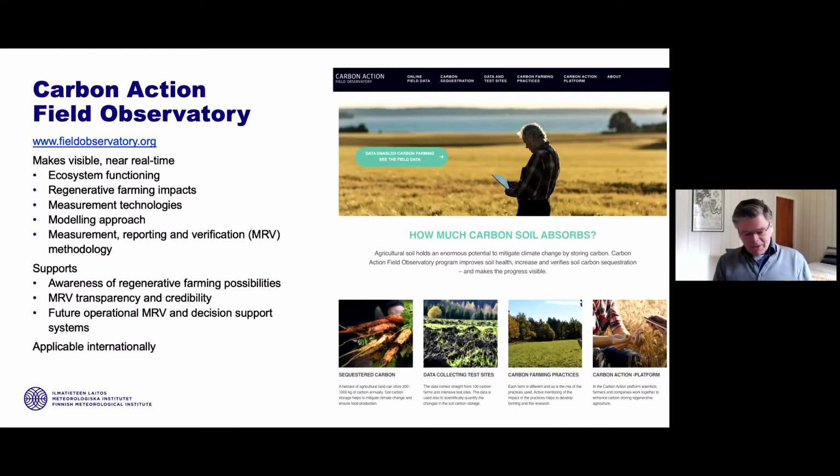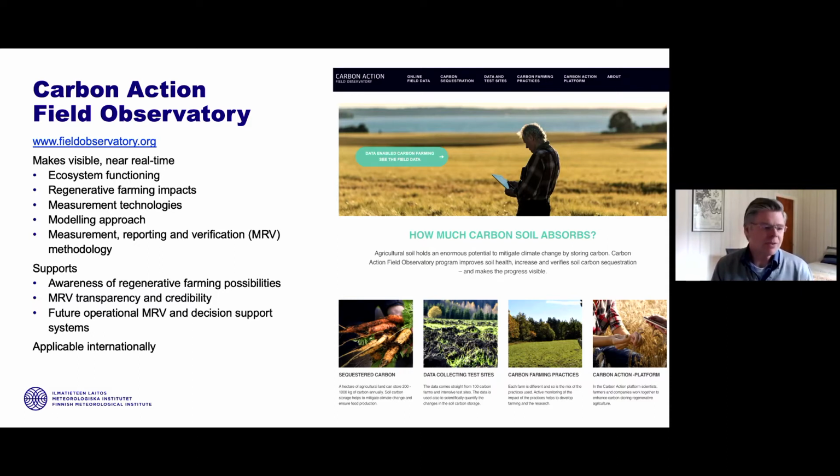So this Field Observatory is an online service, and you can find it at fieldobservatory.org. The purpose of the Field Observatory is to visualize some of the work that we're doing. We are developing it continuously as our work progresses. But currently it shows in near real time